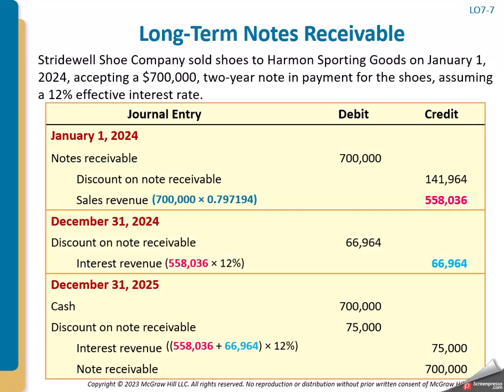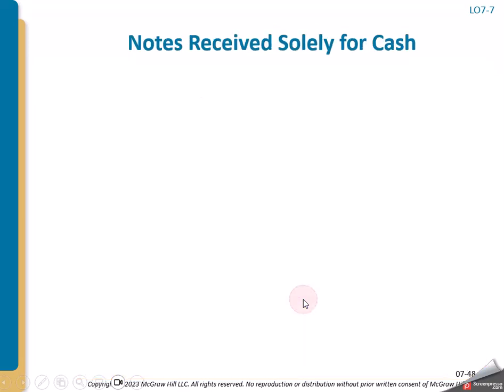Okay, so then here are some journal entries that show you again, because now this one's long term, it goes over 2 years. So first we record the notes receivable and we record the discount on that notes receivable. Then at the end of the year, we record what revenue we've earned. And then at the end of the second year, we record the remainder of that revenue. So then at the end of the term, after the notes receivable is done and paid, that discount on notes receivable is 0, and all of the interest has been recorded as interest revenue.